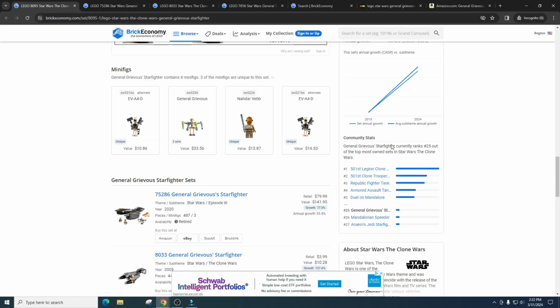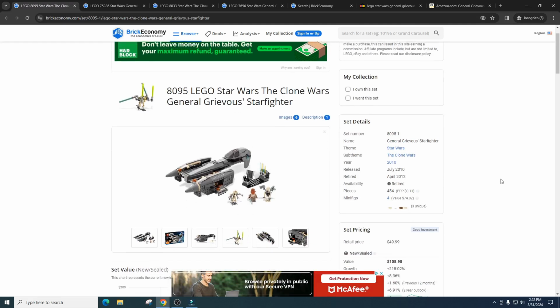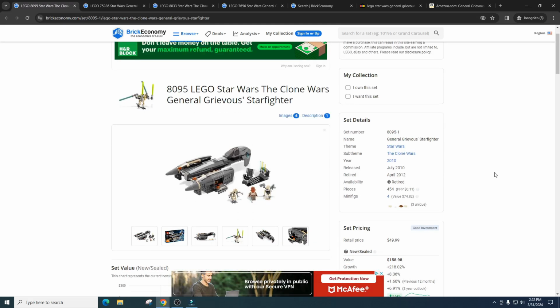So would I have bought this one back in 2012? Yeah, I probably would have bought a few of these. I wouldn't have bought a ton, but yeah, definitely would have bought a few. Now the question is, would I buy a future set of General Grievous's Starfighter, because we're going to get one